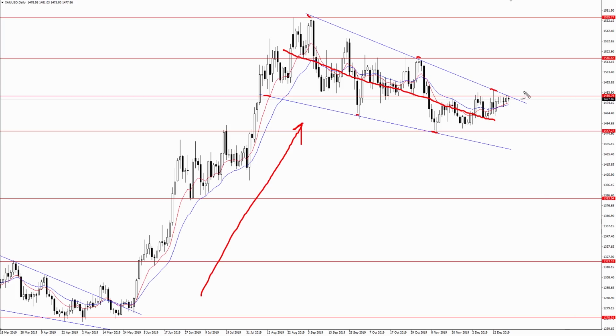However, we need to see gold close above that confluence of resistance around 1480. So notice how we have this horizontal level here based on these lows and then these highs. And 1480 is also the intersection of that falling wedge top. But just keep in mind that even if we see gold close above 1480, so a close up here, that does not mean that we're guaranteed to see gold move higher right away.